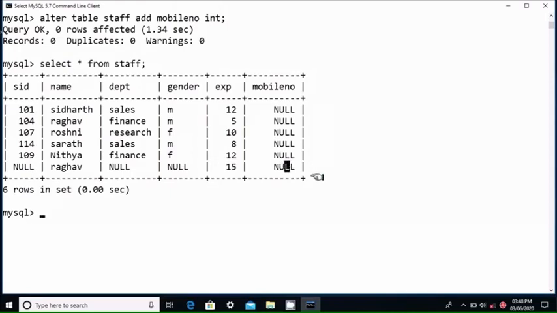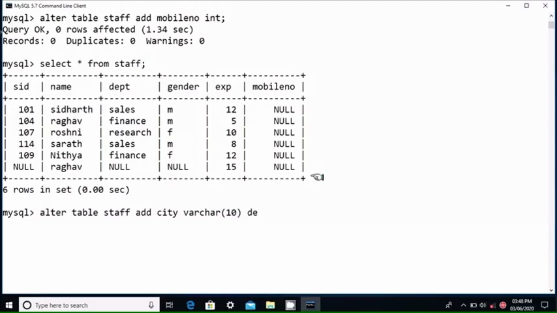Okay. Also it is possible to set a default value while adding a new column. Now we can add a new column, that is add city. City with the data type varchar and size as 10. Also we have to write a default keyword.